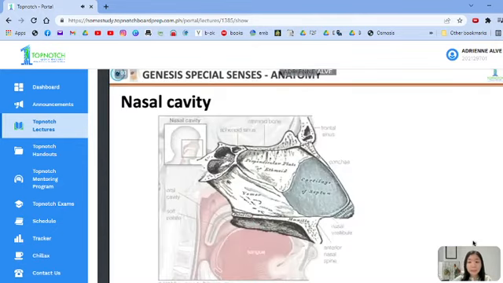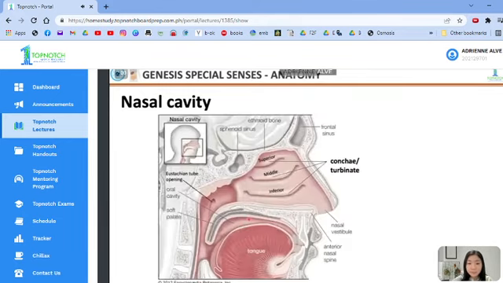So we have two nasal cavities, the left and the right, and they're separated in the middle by the nasal septum, which has an osseous component, and the rest is actually cartilaginous. So let's enter each cavity. The left and right nasal cavity each has a dilated vestibule, which leads to the internal nasal cavity. From the nostril to the vestibule, there are rich vibrissae that filter out the large particles from the inspired air,